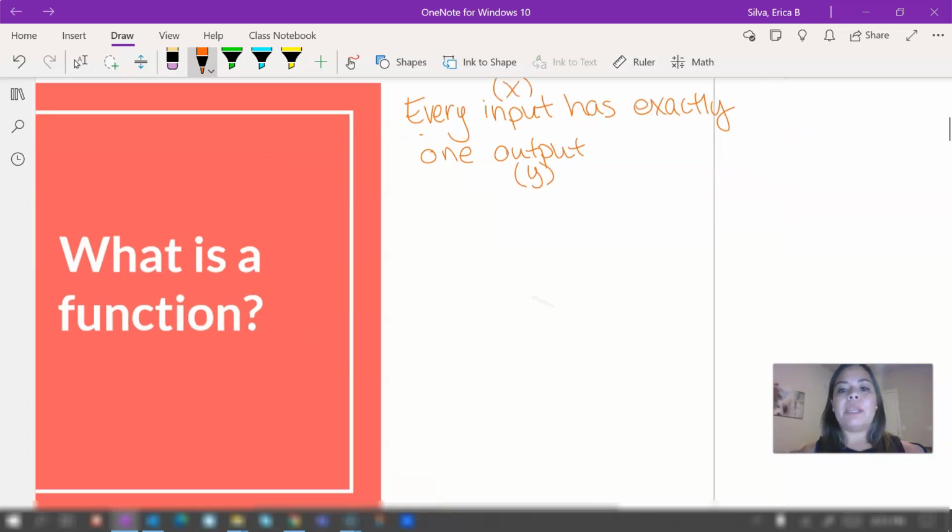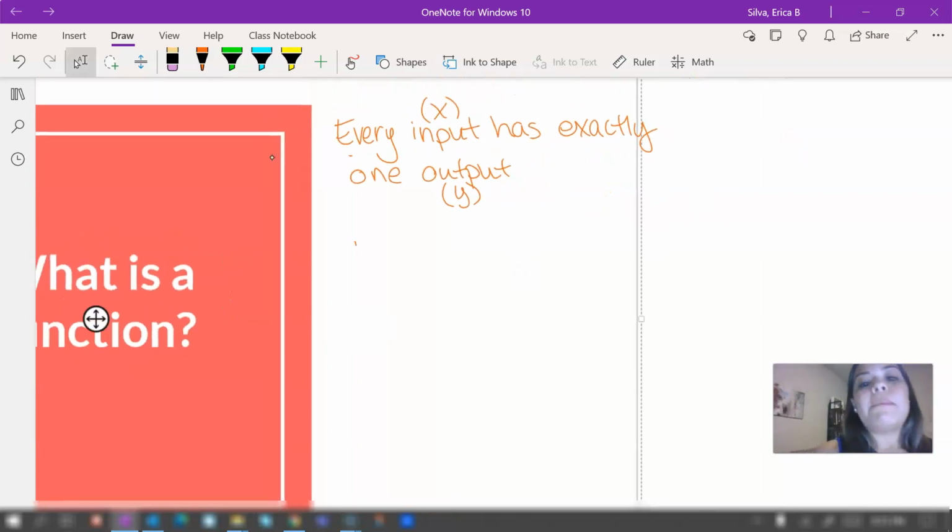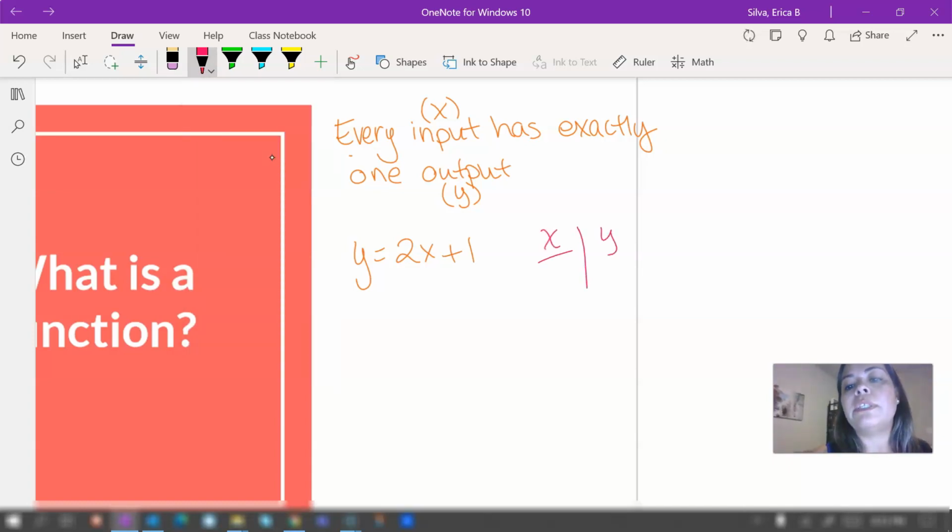Now, what does that mean? That means if we have an equation, let's say it's 2x plus 1, and we have an x value. We're going to create a little table here. We have an x value of 3. That means we're going to substitute this x for 3 and then solve. And that will give us our y value, which is 7. So no matter what, if we input that x value of 3 into that equation, we can only get 7